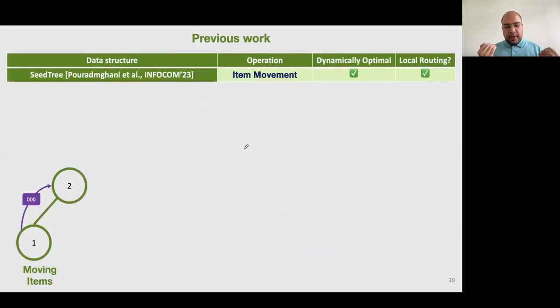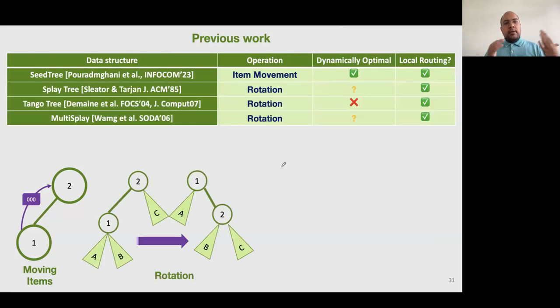And just to recap on the related work, this is the work that we have done. We show that it's dynamically optimal and it provides local routing, and our operation is the item movements. A set of other famous related works are splay trees, tango trees, and multi-splay, which is an extension of almost both of them. Probably you have heard about this conjecture of dynamic optimality of splay trees. We don't really know right now. The good thing is that we have the local routing, and the operation that they used there was the